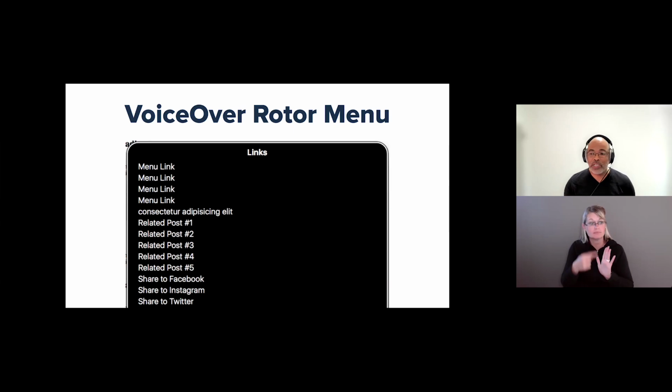Take, for instance, if someone is using the rotor and they're using VoiceOver and they use the rotor menu, they're not going to see the content that comes before any of the links. So what you end up with is just a list of links that appear inside of a black box that they can traverse down and go to what they need. And so in that instance, if you had a bunch of click here's, or in the example that I have here on the screen, it's menu link, menu link, menu link, menu link, then some gobbledygook, then related post 1, related post 2. There's no actual context around what those links are supposed to do.